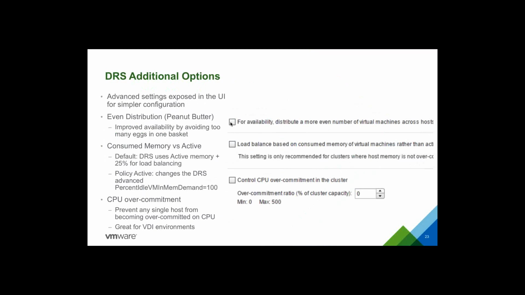And so the idea around that is that if you're not over-committing memory, you can, in previous versions, you would just set this advanced setting for % idle VM in mem demand to 100%, which would effectively cause DRS to use the consumed memory metric instead of active, and then it would rebalance the host based on that consumed memory, which also then happens to be the same memory metric that you see in the web client. So just by clicking the box, a lot of customers are going to see a more even distribution of memory resources,